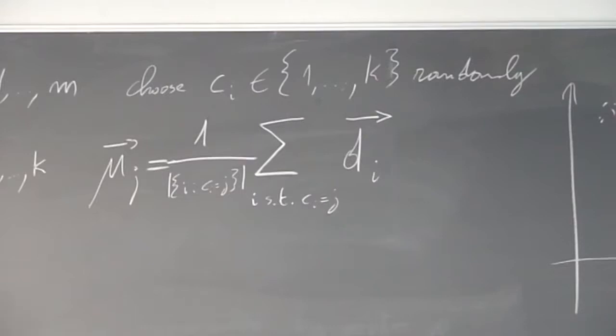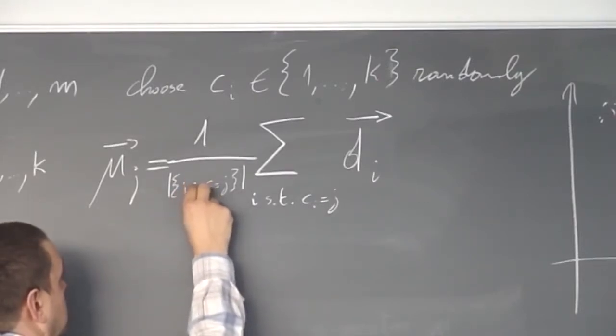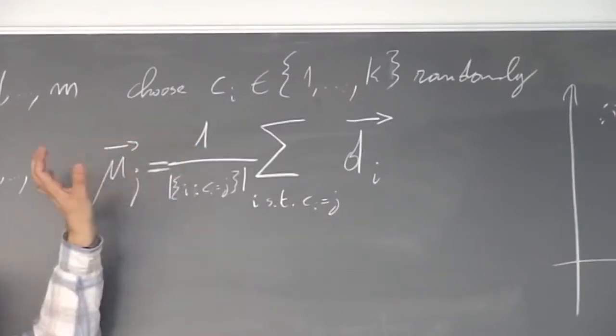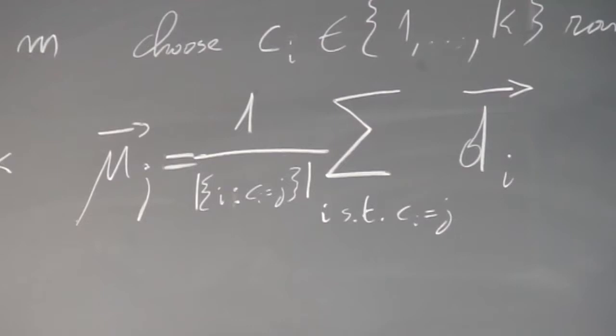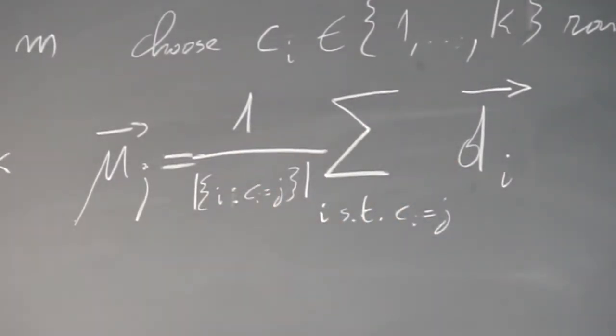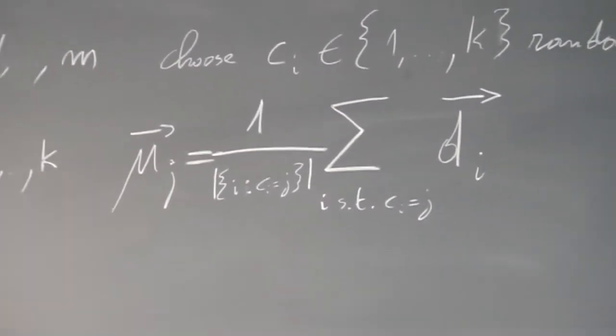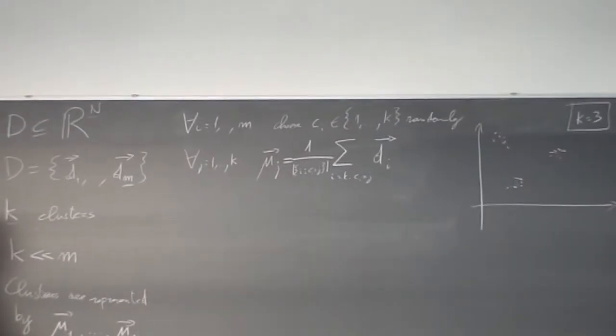Of course, here you see many indices of letters, but the idea should be trivial. Just take all documents, all elements that belong to cluster J and take the average position. Now that we have an average position of each cluster,